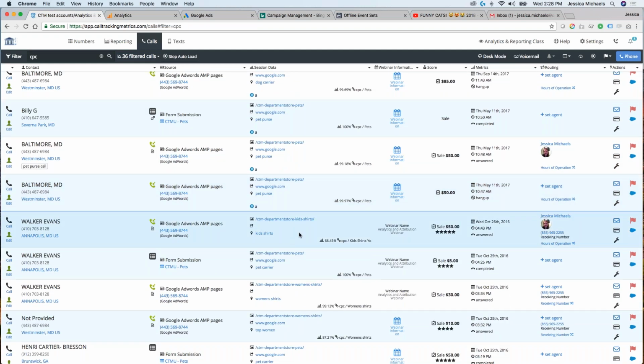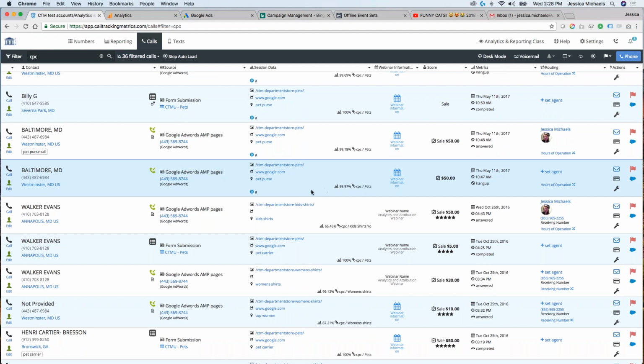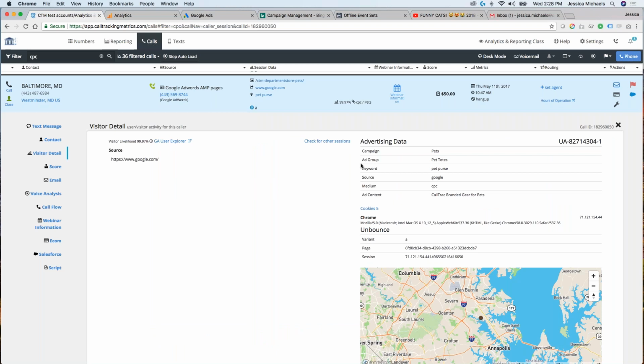All right, so this is really the data that we're looking for. If I expand this column, here we go. The first thing that we're going to report on is the actual landing page the user came in on, the referring source, and then the actual search term they entered into the search box of Google. And over here, this is the data that we're trying to capture. So here we have our campaign, our ad group or keyword, our source, medium, or ad content, and then the UA property that we have on the page.